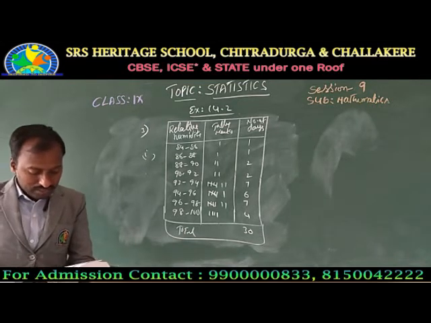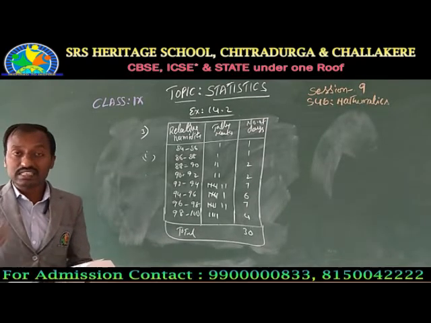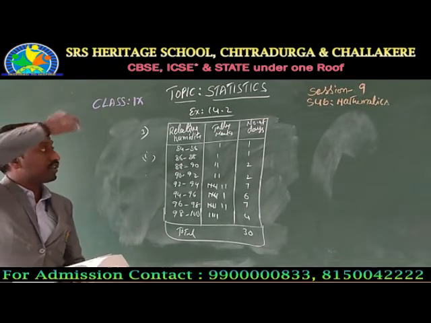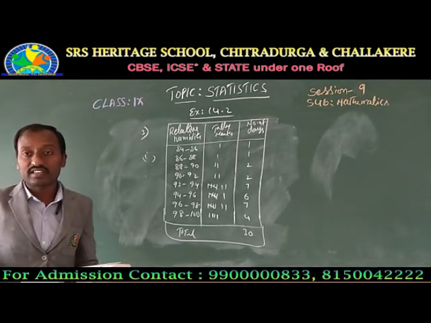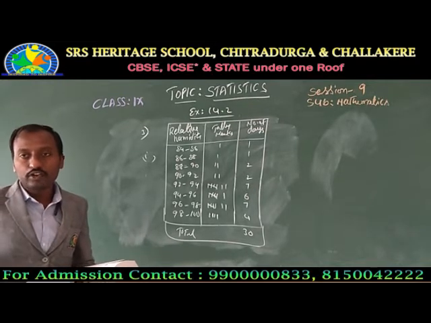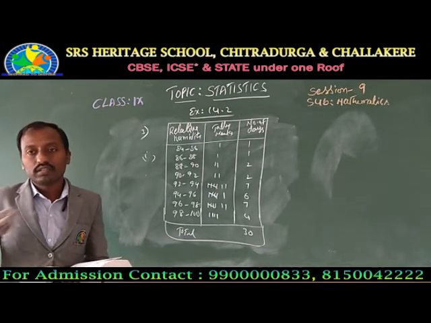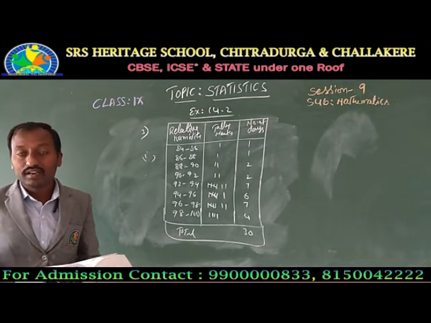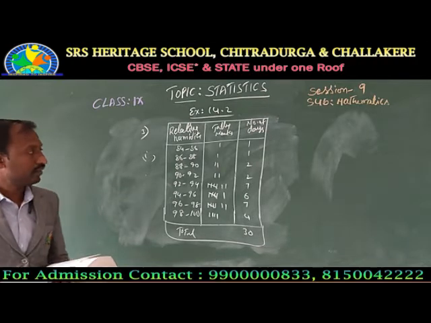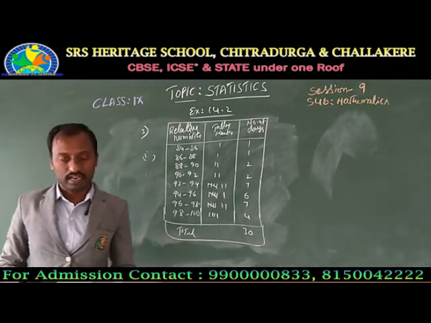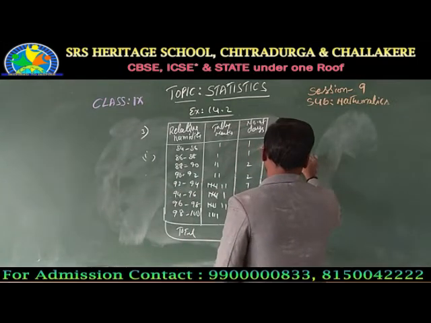In which month or season do you think this data is about? If you see those percentages, 98.1, 98.6, 99.2, the relative humidity is high. So this data may appear in the rainy season. This data may be taken in the rainy season. That is the second answer. So it must be the rainy season.